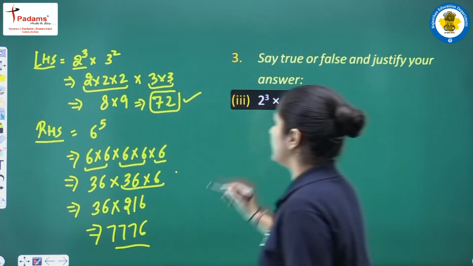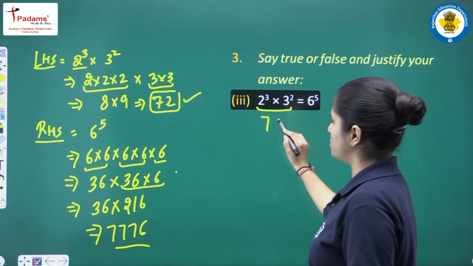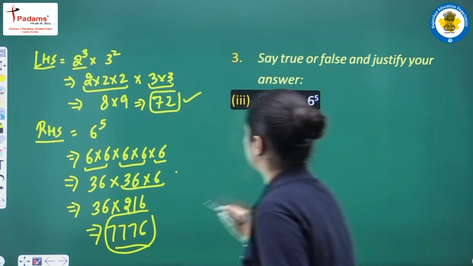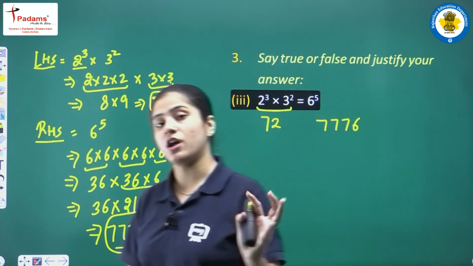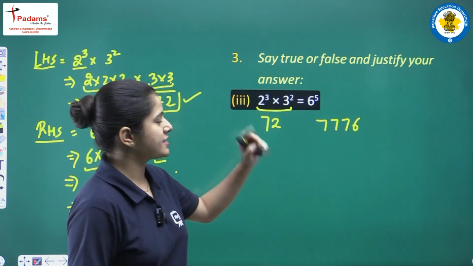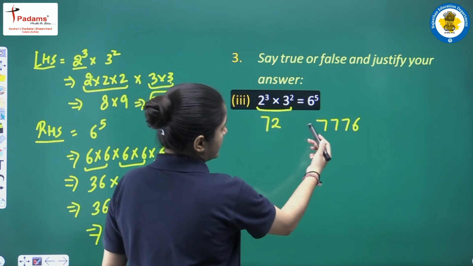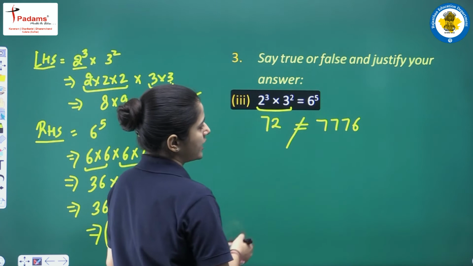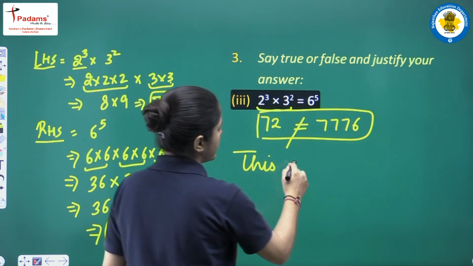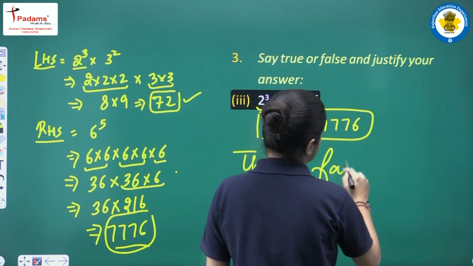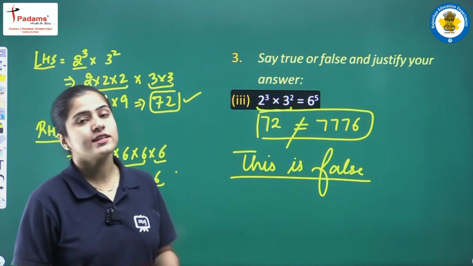Now students, have a clear look at your left hand side and your right hand side. All right, clearly students, क्या ये equal आ रहे हैं? This thing is 72 and right hand side is 7776. Okay, 7776 and your left hand side is 72. तो क्या ये दोनों सेम है? क्या ये दोनों इक्वल आ रहे हैं? क्या ये इक्वल हैं? नो, दीज आर नॉट इक्वल। सो जब ये इक्वल ही नहीं है तो दिस इज फॉल्स, ये जो स्टेटमेंट है दिस इज अ फॉल्स, ठीक है, दिस इज फॉल्स।